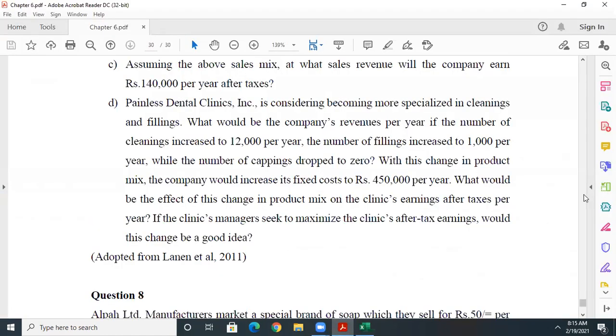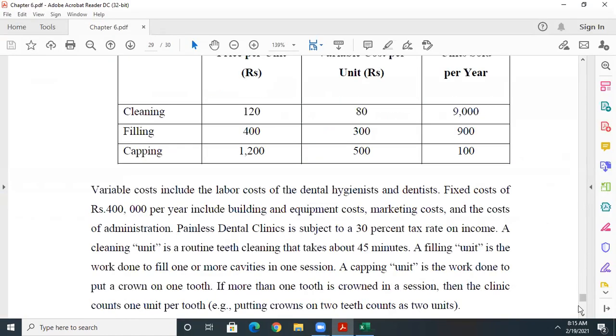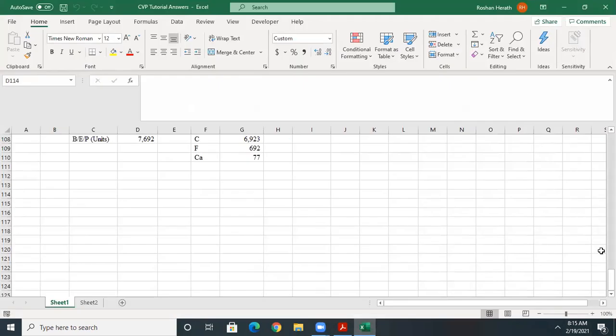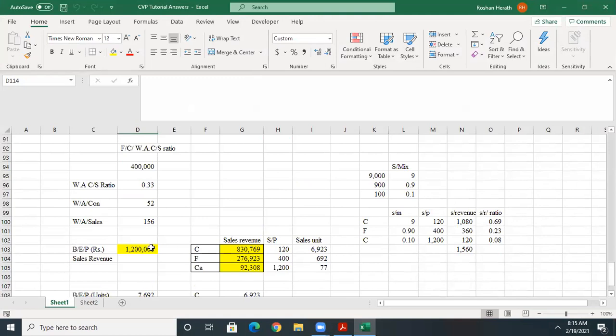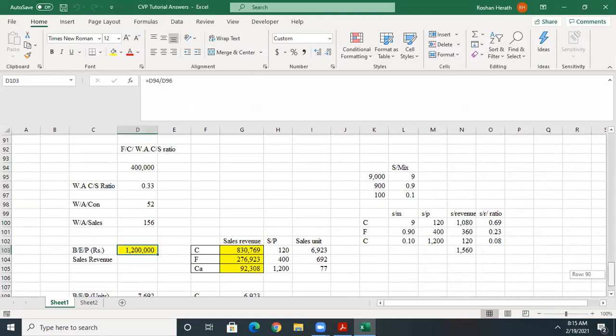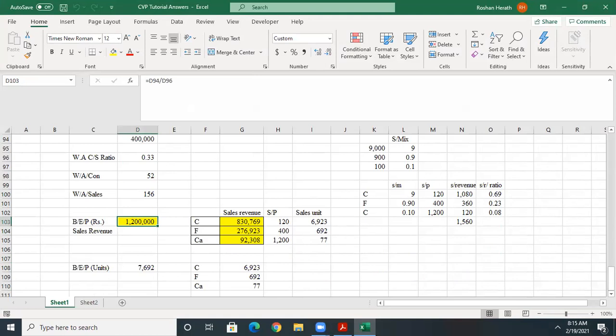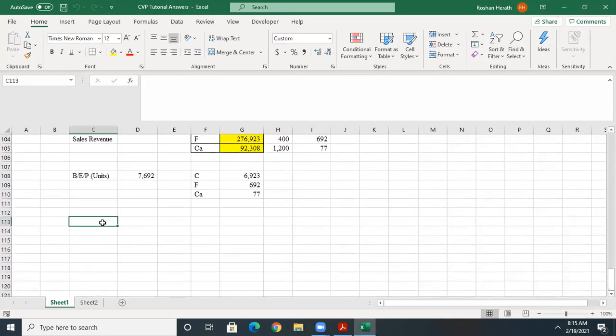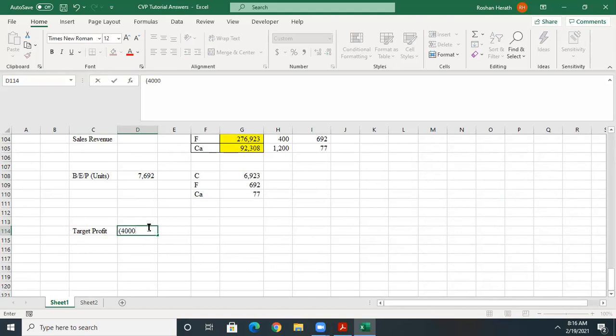Okay, so you need to consider the fixed cost. The question would have given you the fixed cost, and it was said it's 400,000. So then you know the formula. It is to find a target profit. So in that, you need to slightly modify the original formula. What you're going to do is take the fixed cost, 400,000, plus